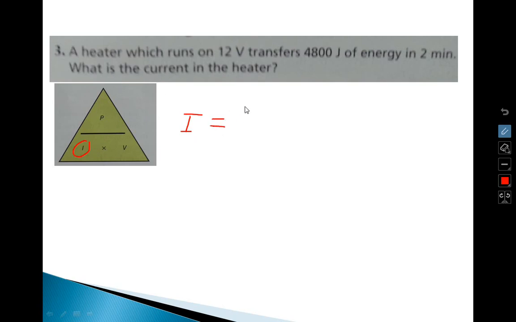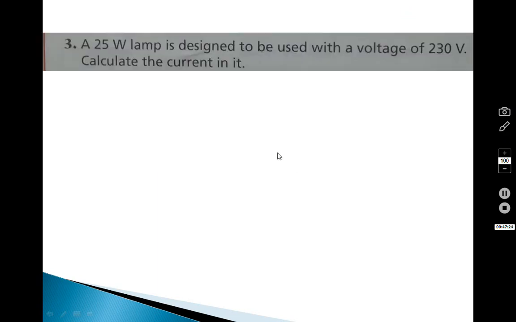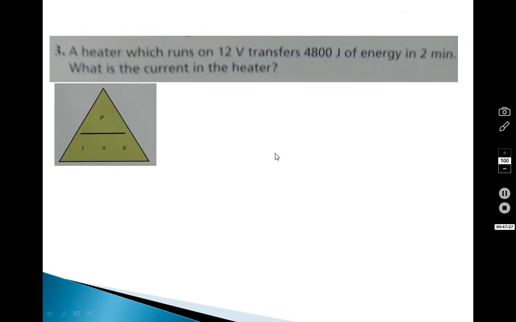I is equal to P, power over V. We have time here, so it's in 2 minutes. We need to find I. So what's the formula here? The formula is, as we said before,